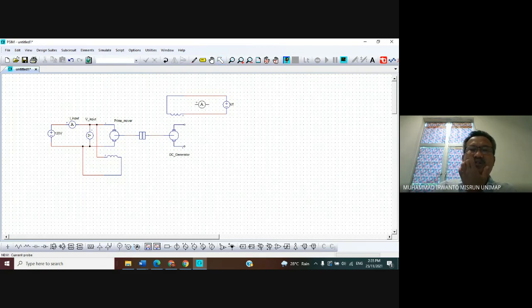And then we want to change the position of the positive terminal, because the positive from the voltage source comes from here. So we just right click and put it like this. And then we need the voltage measurement. We put it like this and then connect it.